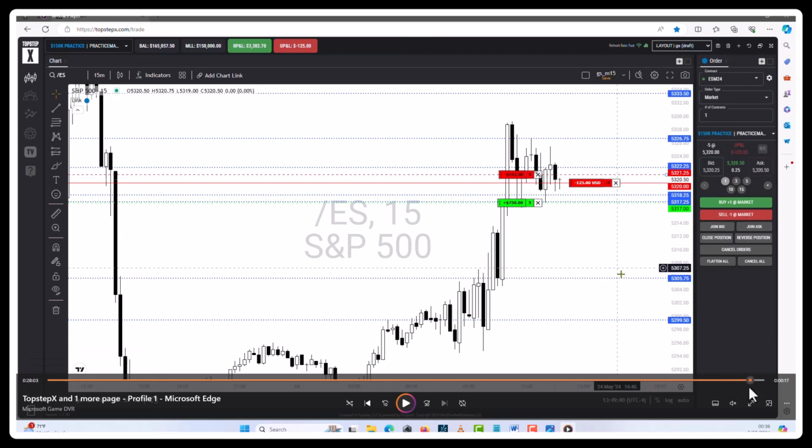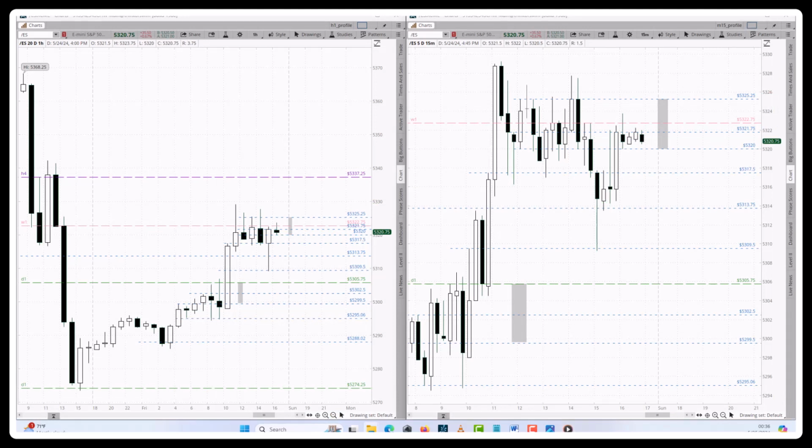Yeah, it came back because we don't want it to come back. We want it to follow through. That's where we tighten our stop loss, and we want to get out. So we're still good. We just have a nice profit right there. We're back about $200. We still have 3,200 right there.